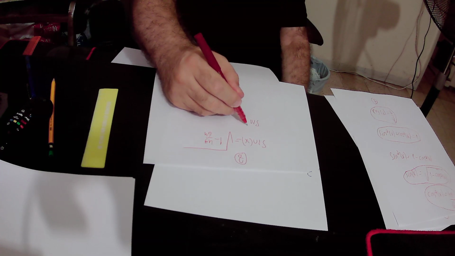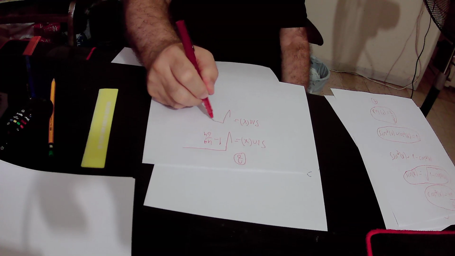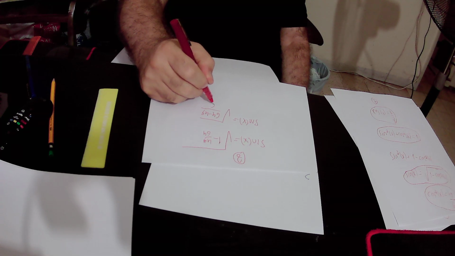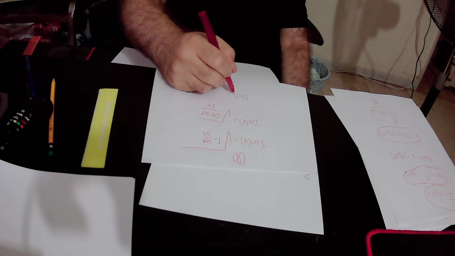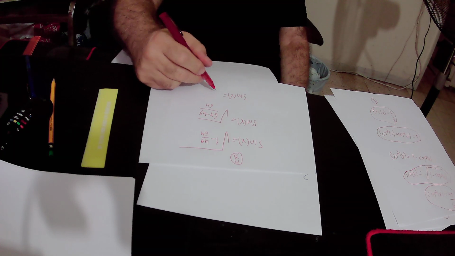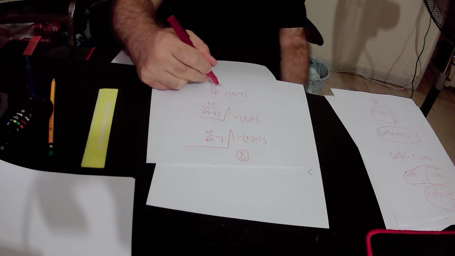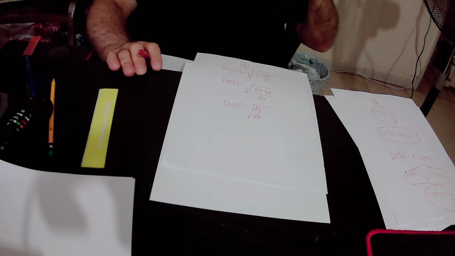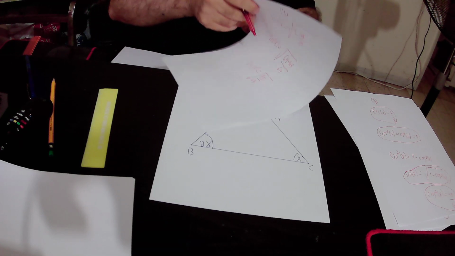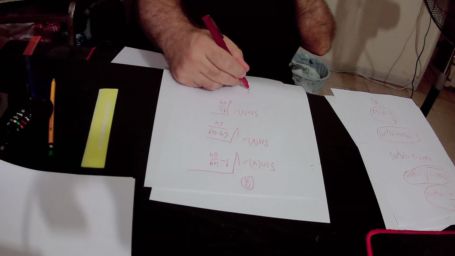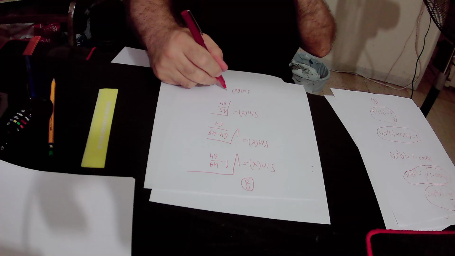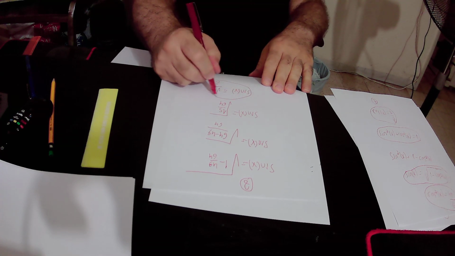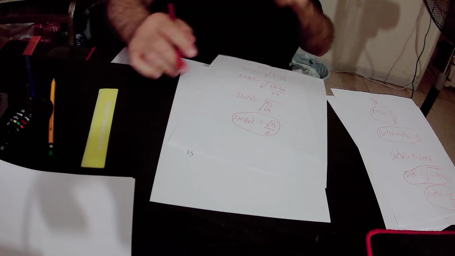We'll get that sinus x equals the root of 64 minus 49 over 64. So sinus x equals the root of 64 minus 49, which is 15, over 64. Okay, we got that sinus x equals root 15 over 64. The root of 64 is 8. So we'll get that sinus x equals root 15 over 8. Okay, we found out that sinus x equals root 15 over 8,